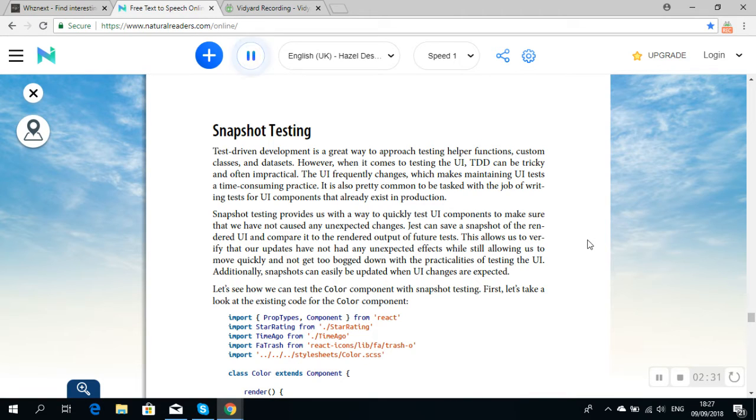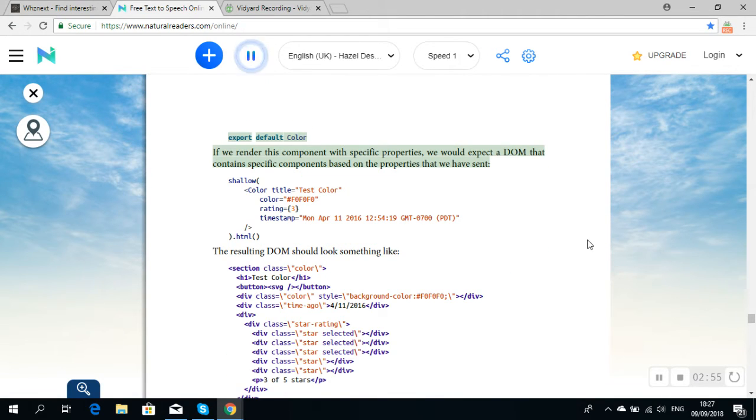Title. onClick equals onRemove. Style equals backgroundColor color. Timestamp equals timestamp. StarRating selected equals rating, onRate equals onRate. Export default Color. If we render this component with specific properties, we would expect a DOM that contains specific components